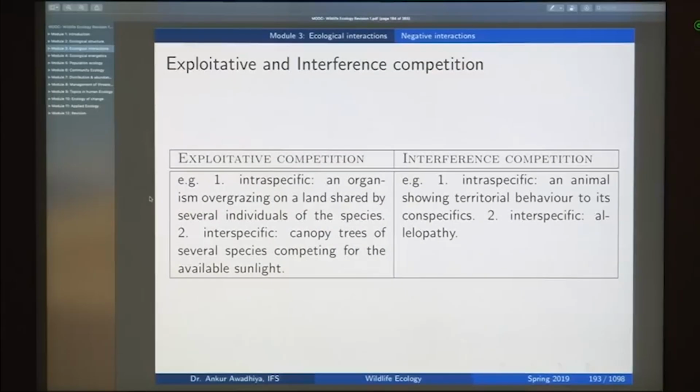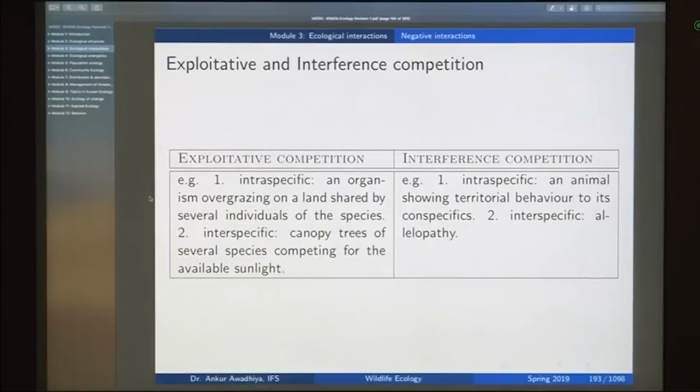And then the examples, in the case of exploitative and intraspecific: there is an organism that is overgrazing on a land that is shared by several individuals of the same species. So, you have a number of deer that are grazing together, and in that case one individual, if it is eating up the grass, then that grass is not available for use by another individual. So, this is an exploitative intraspecific competition. And in the case of interspecific competition, you can have competition between say cows and buffaloes and deer that are grazing on the same field,